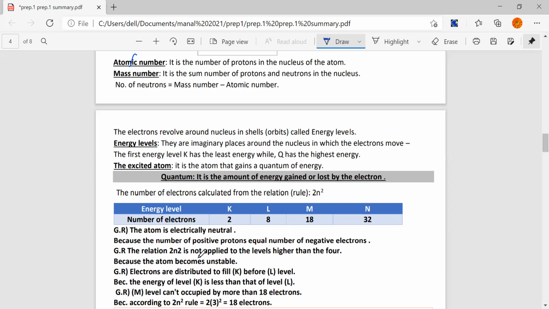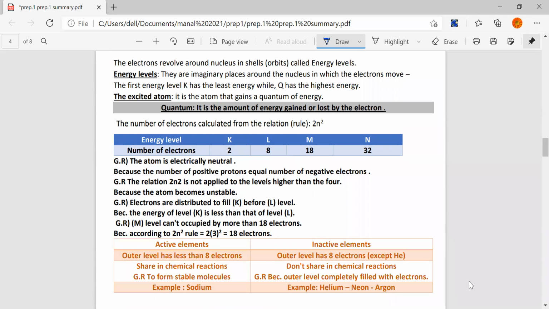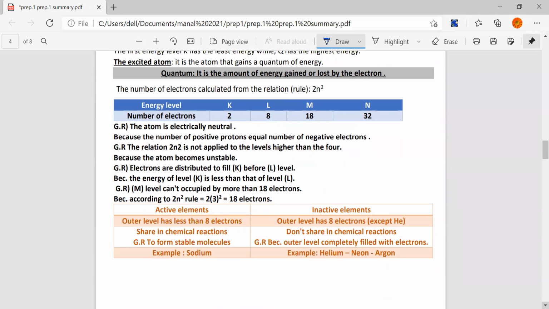Okay, the rule 2n² is not applied to levels higher than 4 because the atoms become unstable. Yes, electrons are distributed to fill K before L because the energy of level K is less than that of level L. Give reason: M level can't occupy more than 18 electrons because, due to the rule 2n², it equals 18. Finally, we can differentiate between the elements or classify the elements into active elements and inactive elements by